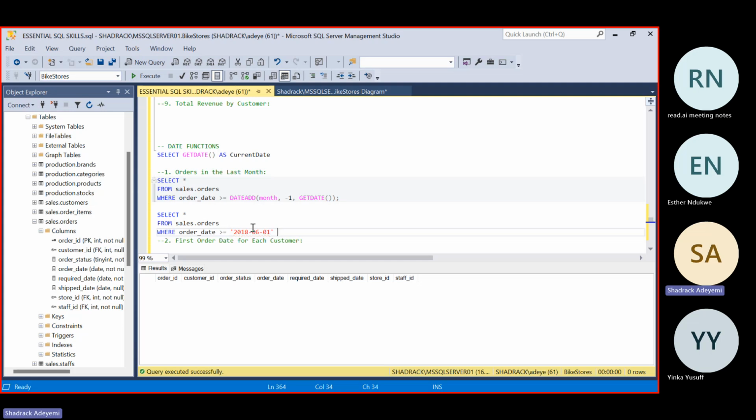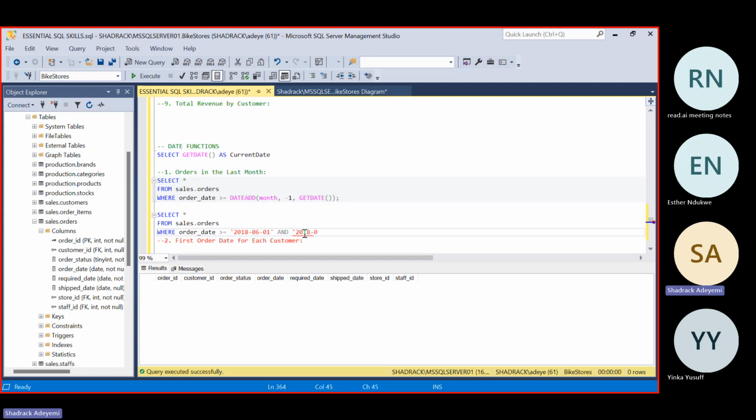So I'm specifying a range. You can use the between, but I just wanted to use this format. I'm using a logical statement that says greater than or equal to this date and another date, which is this.